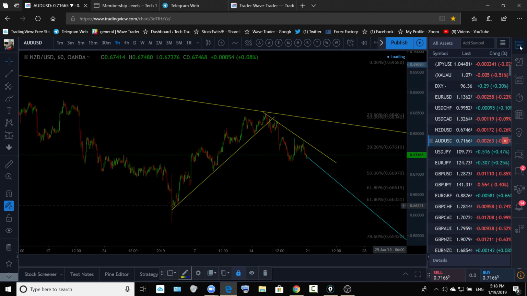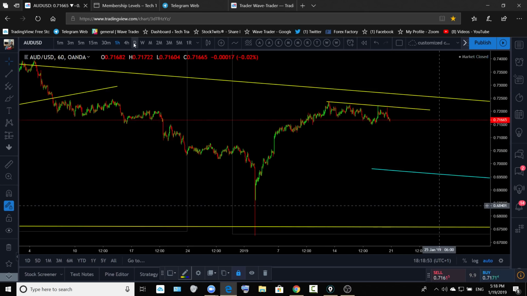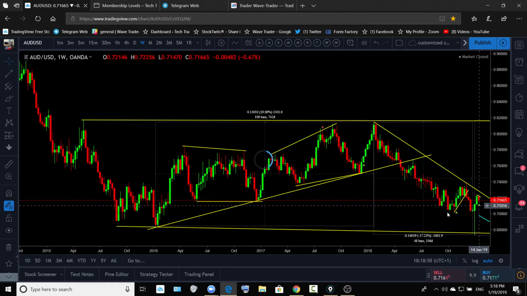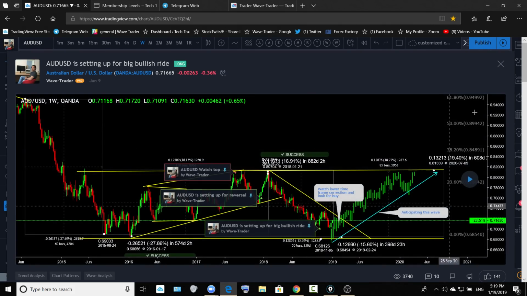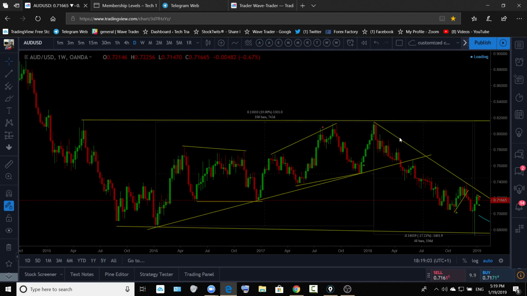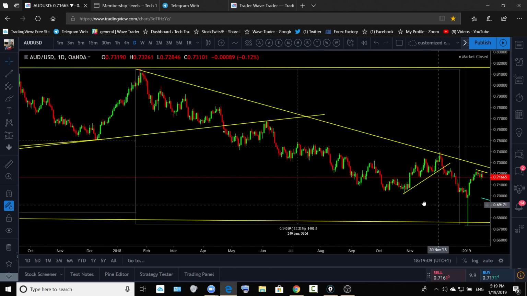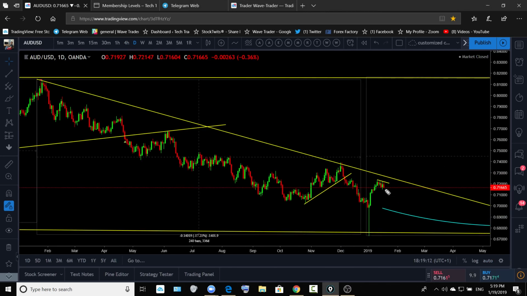All right, and Australian dollar and US dollar, finally you guys are having a correction over there. Longer term chart is there, hope you have seen that already. This is what you are looking for, longer term reversal on the Aussie dollar, and on the 4-hour or daily time frame, you are looking for this correction to break out and continue to go higher. This correction is slightly getting bigger. If the correction is going to get deeper, we will stay bullish on the Aussie dollar and US dollar for longer term.